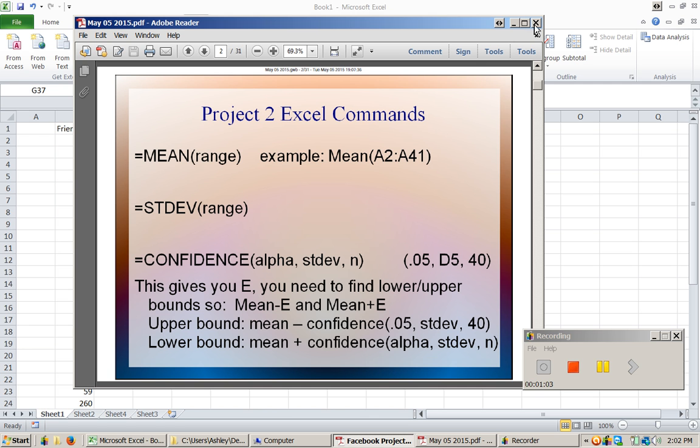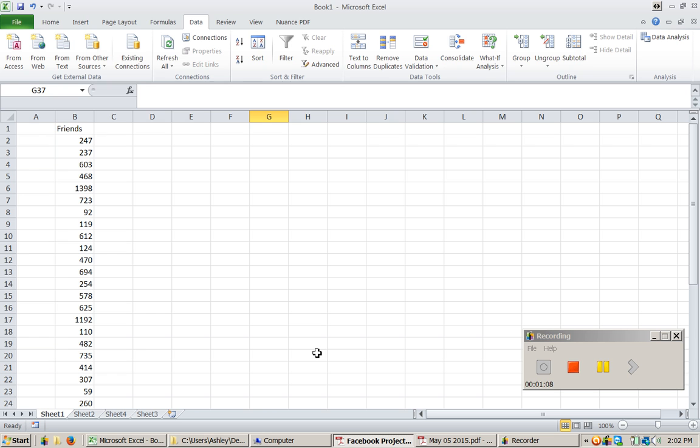Okay, so let's go ahead and go to our data. We have it here. Here are our friends, the number of friends that our friends have. So I'll put in number of friends that our friends have. And there are 40 entries of these. If you go down, you have to kind of arrow down to give yourself some space. I don't like to put it right at the bottom because I might get confused with the data. So I go down a couple and then do an equal sign and then type in sum,